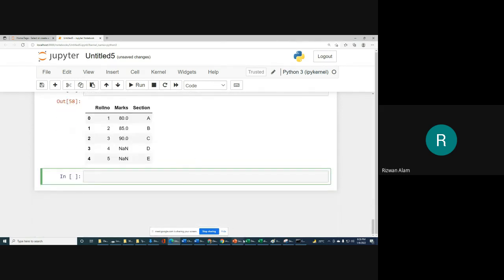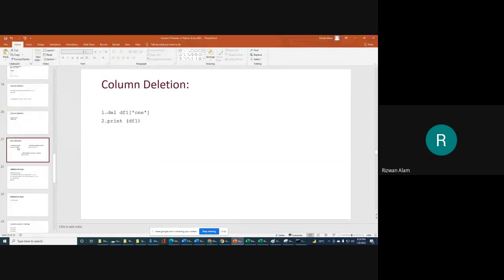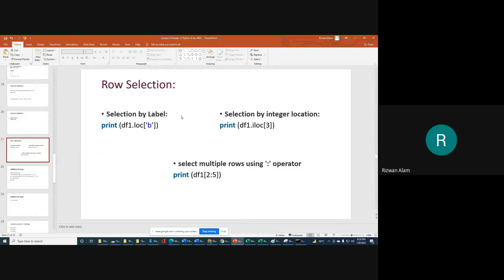Next, we will try to select a particular row. For example, if you want to display only a particular row, for that we will use loc and iloc. Let me tell you what we mean by that.